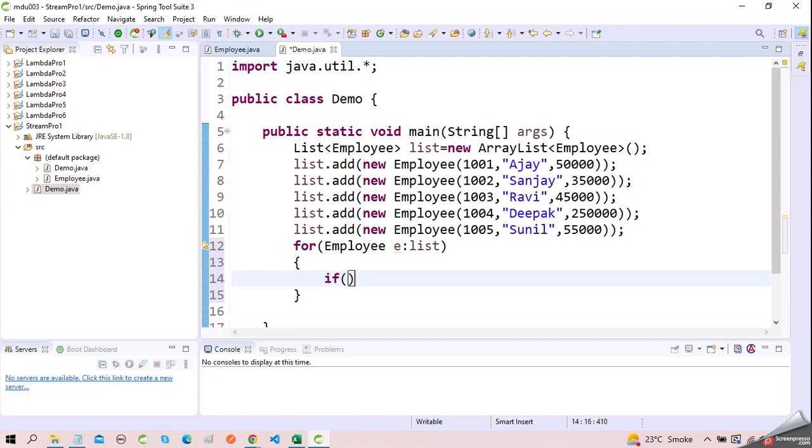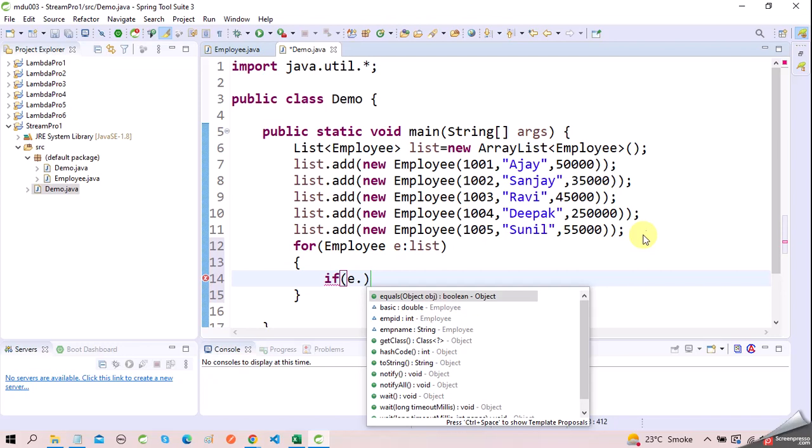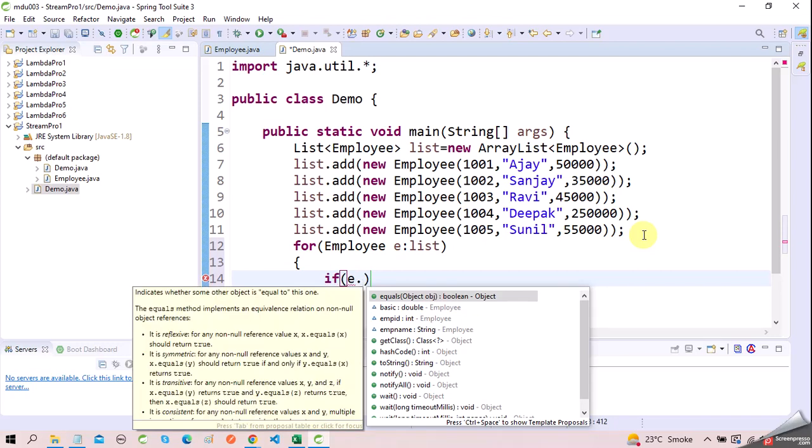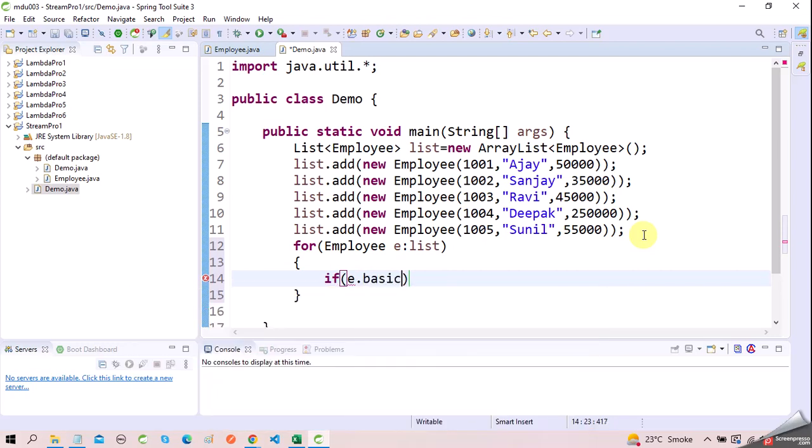Suppose if e.basic is greater than or equal to 40,000. Suppose we want to filter according to basic salary. Okay, if the condition is true, then